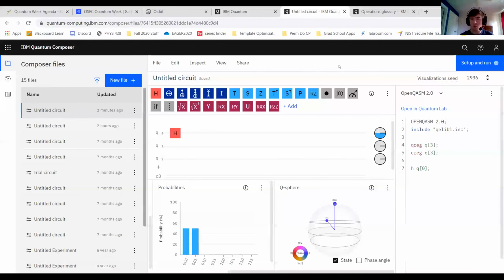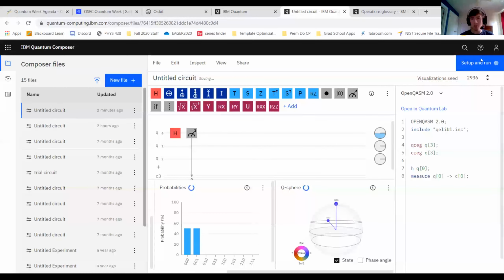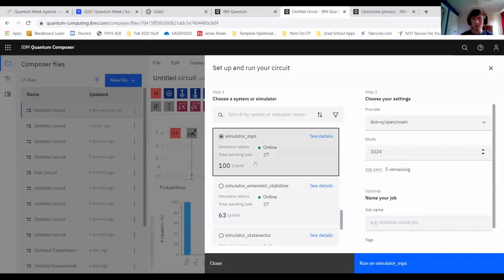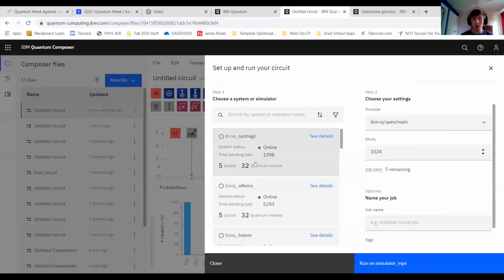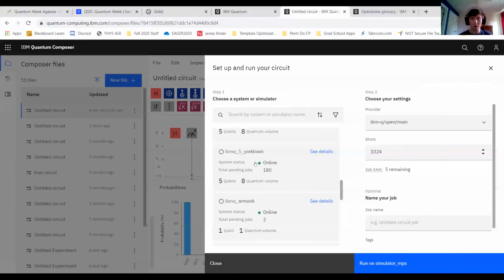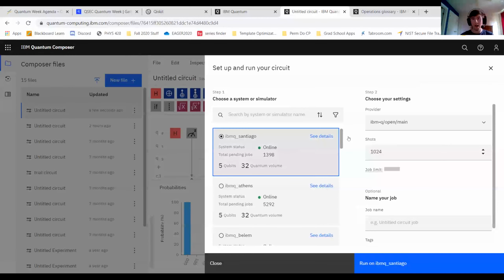If you want to actually run this circuit, first, you do need to add a measurement. You would add a measurement to whatever qubit you're interested in. You would click setup and run. You could scroll down and choose which quantum machine you want to run it on, then click that one, and choose the shot count. The shot count is basically how many times the experiment is run. Typically 1024 is the default, but if it was just one shot,